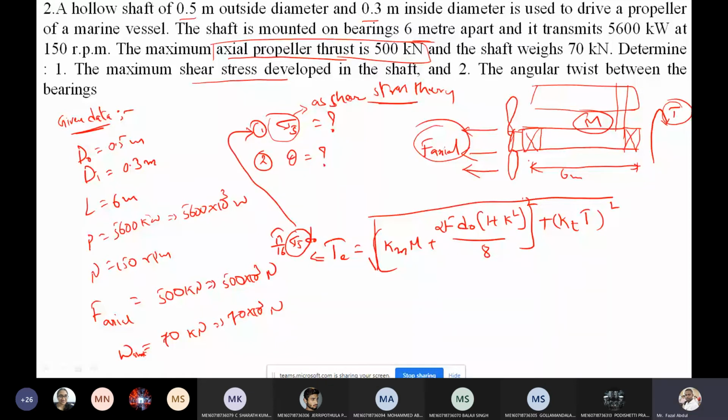Okay, so one by one, to solve this equation, what are the parameters required? The parameters we are calculating one by one now. So to solve this equation, first we need the Km value. Km value we need to select. So Km value how much, Babu? Here Km value, anybody can expect what is Km? Km how much? Km, Kt. Otherwise I will show the table. Tell me the Km, Kt values.